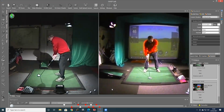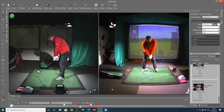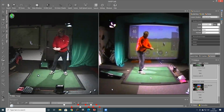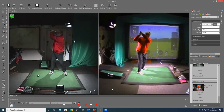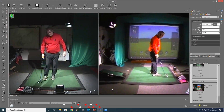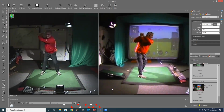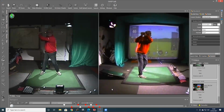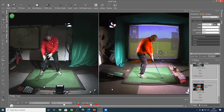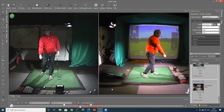Hands too far behind in the address again. Go back, butt of the club, middle of the left groin. Keep the hands there. And then the last thing is basically, you could be casting the club, which is basically you're starting the swing on the way down in the wrong sequence. So when you get to the top, I always feel move the weight, keep turning the body. You've probably started the swing just with your arms, and as a result, you're not turning your body, there's no room, and you'll end up just hitting the ground. So